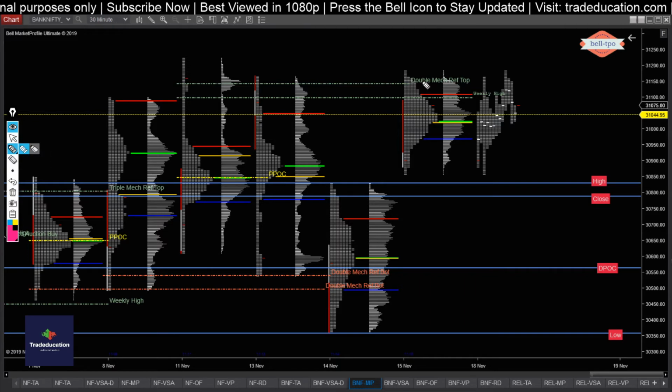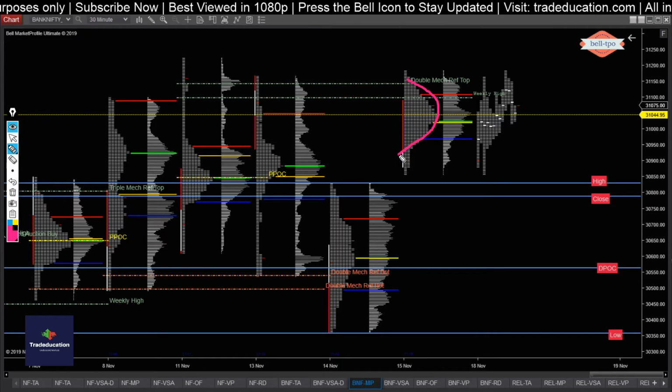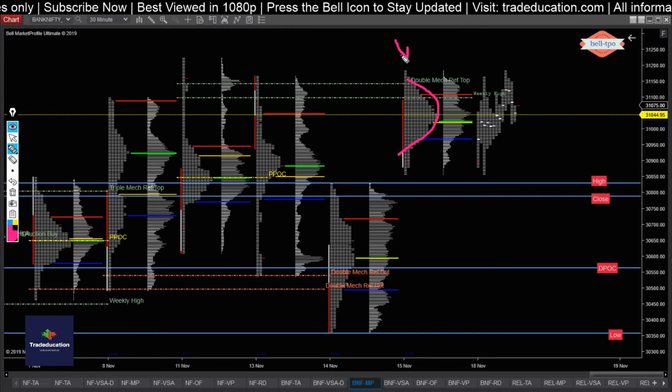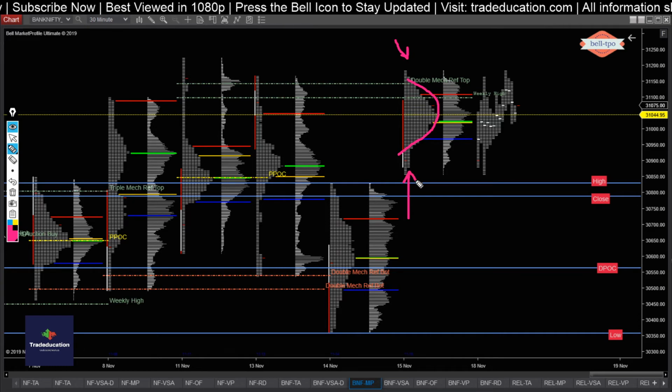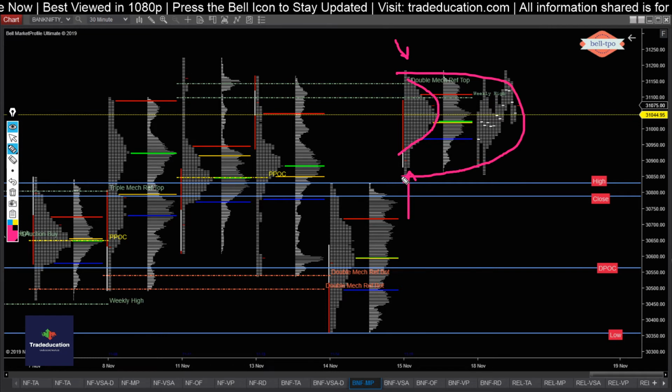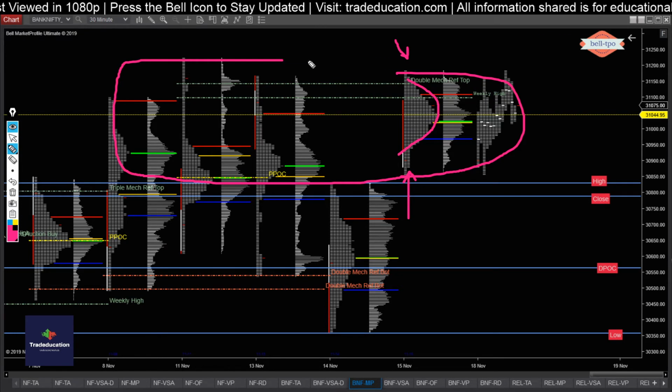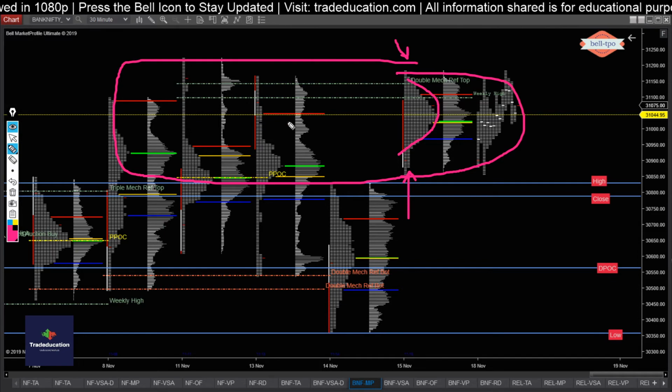Other thing is, if we see, we are having again more of a balanced profile. So we are at a stage of equilibrium where both buyers and sellers are equal, and if we merge this week's profile, this is where the overall value has been developing, and overall value is higher. So the odds of shorting the market are lower.